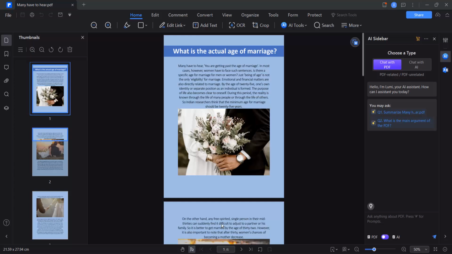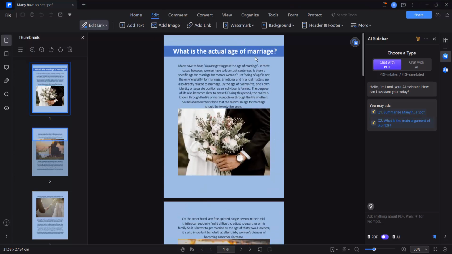Hello everyone, today I'll show you how to change PDF background color to white background using PDF element. Open your PDF file. Now select edit option and select here background option and select update background,